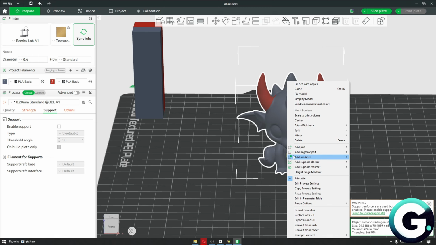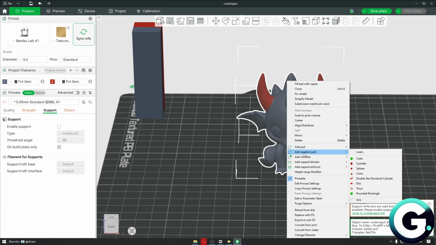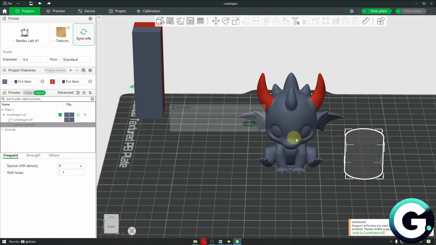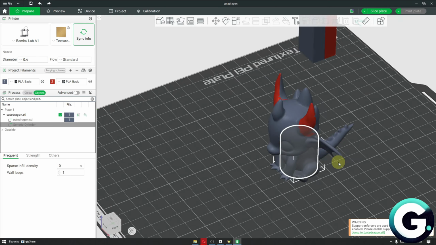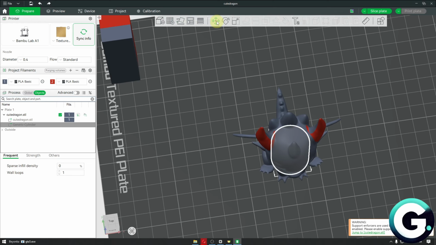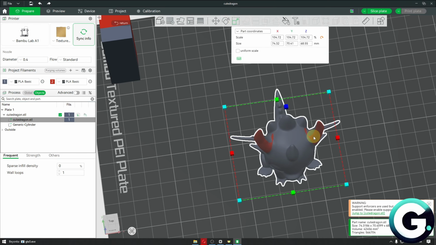on your highlighted model. You want to click on the add negative shape. And most likely, if you're applying a hole, you then want to select the cylinder option. Of course, you can customize your hole the way you want to. For example, if you want to make it bigger, you are free to do so. But in my case, I'm just going to make it a bit smaller by choosing the scale option,